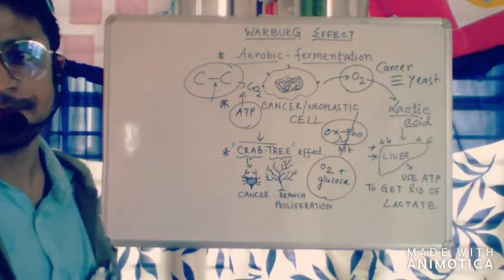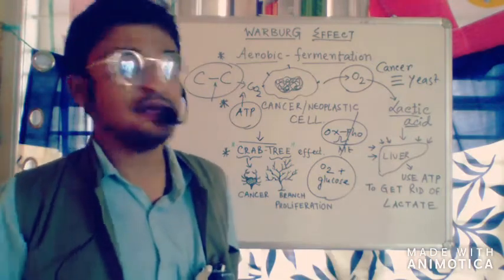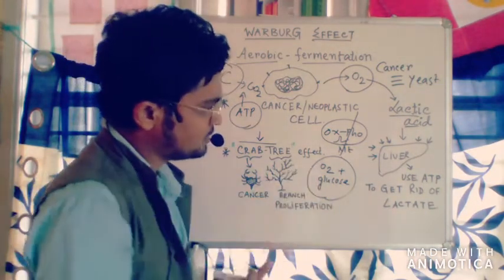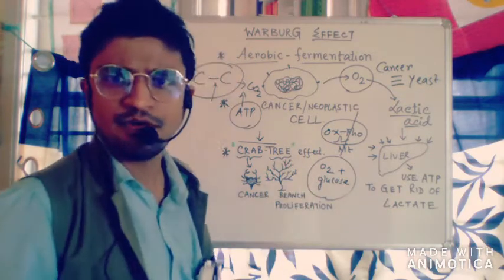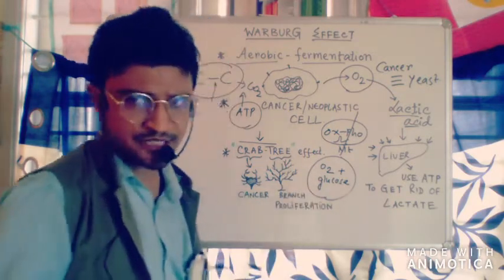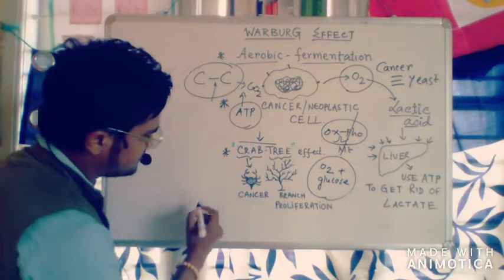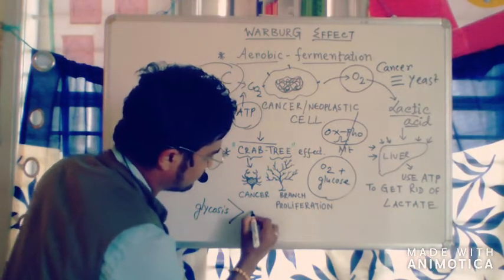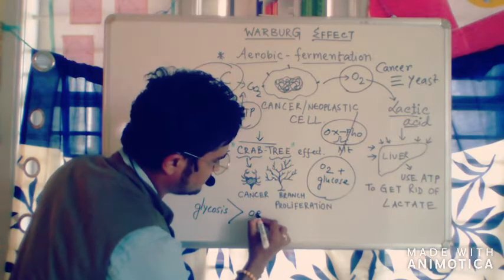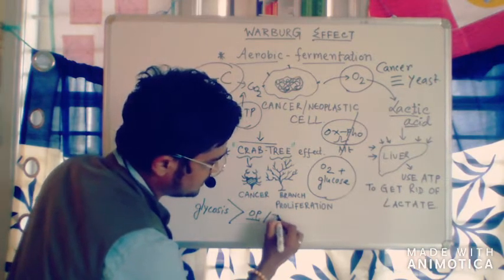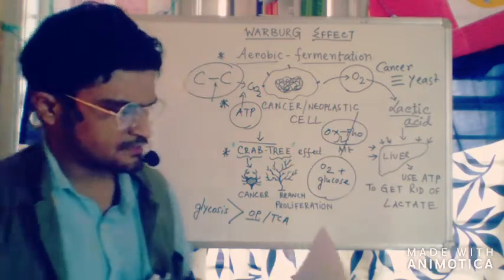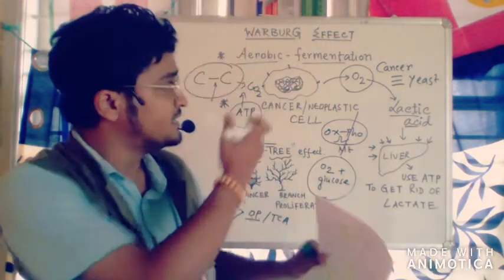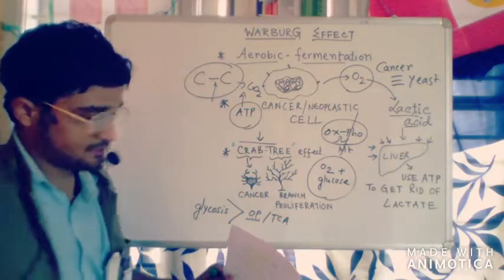A similar effect has been observed in cancer cells, which can also produce ethanol in the presence of oxygen and glucose, because they are not interested in performing oxidative phosphorylation. So in this case, what is the main significance? Glycolysis is preferred over the TCA cycle and the OXPHOS pathway. I have written some statements. So why is acidity seen in the cancer cell? This is due to the production of lactate, or lactic acid.